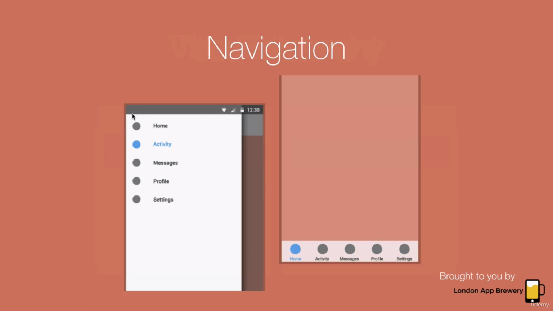And when you tap on them, a menu slides out and you can pick and choose which screens you want to go to. And on iOS, traditionally it's been done using a tab bar controller, which resides at the bottom, and it can only contain a maximum of 5 items, because otherwise it would be hard for the thumb to